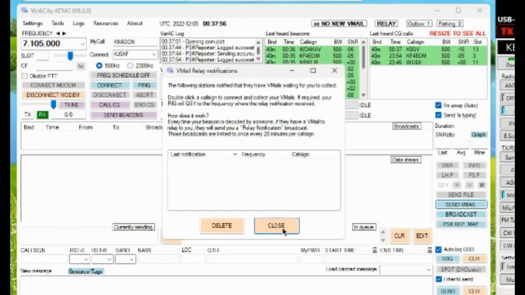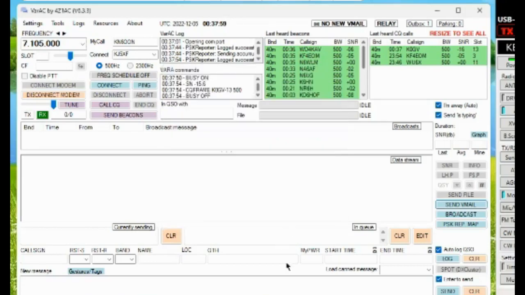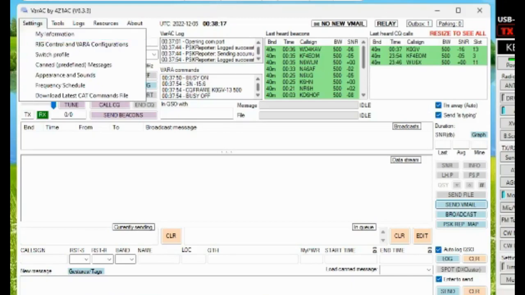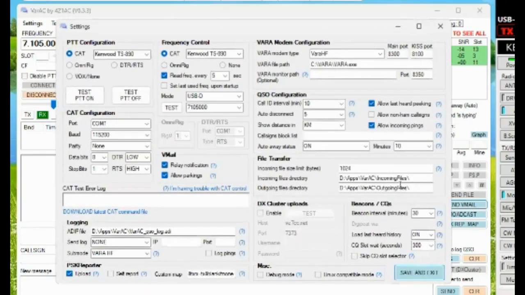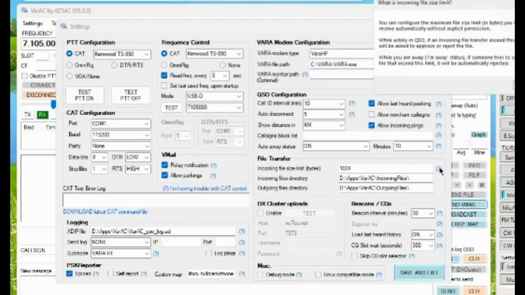Okay, right. So we have the option to send a vmail. We have the option to do station to station live messaging, live keyboard or canned messages. What else do we have? We can also send files. We can send any computer file, though you probably don't want to send anything larger than, say, 2 or 3 kilobytes, because then it ends up taking a long time. I agree. And in fact, in here, there's an option that says incoming file size limit. And what this does is,